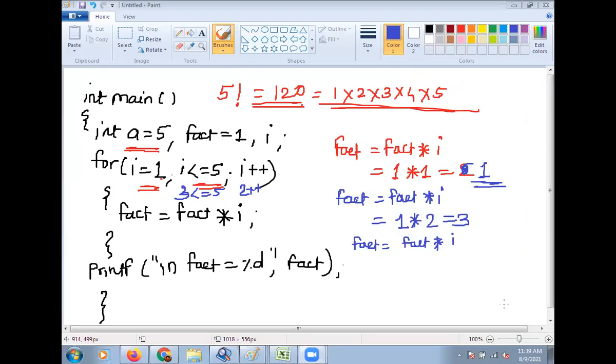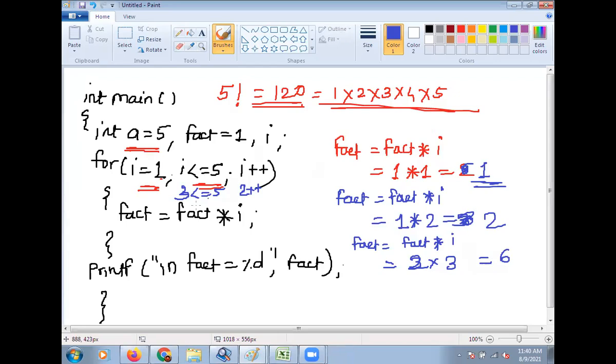So fact is equal to fact into I. So the initial value of fact is here 2 into the value of I, it becomes 6.